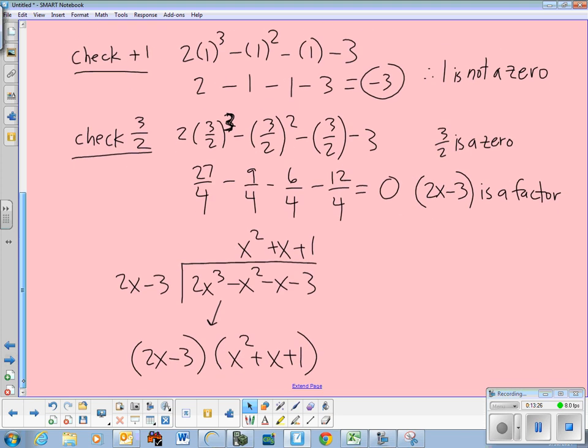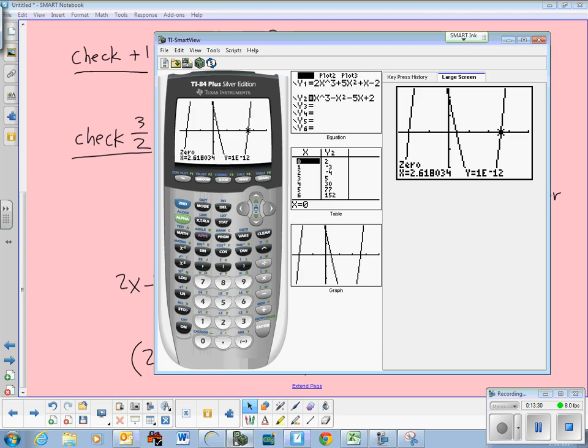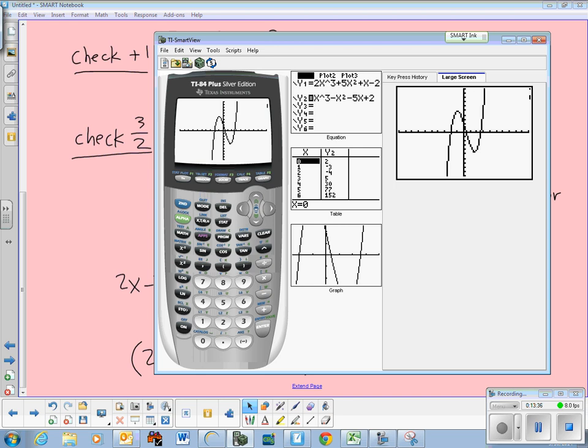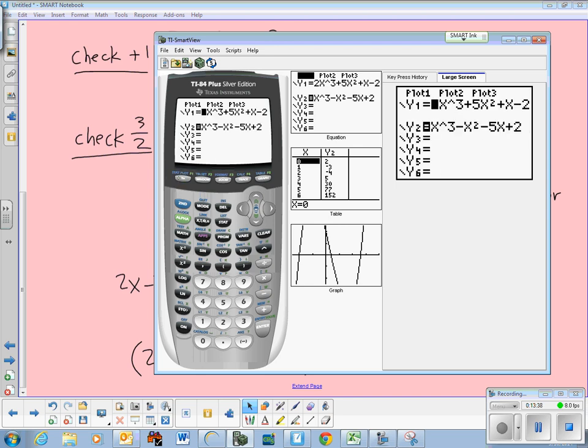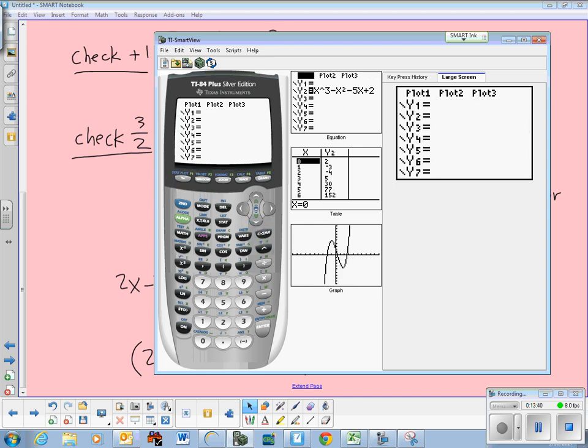I'm going to show you one more thing. I'll just show you this on the calculator. If it's cubic, you should be looking for 3 roots. All right, so let's try a cubic, and it looks like it might only have 2 roots. I'm going to put this one in factored form. I'm going to do x minus 4, x minus 4,